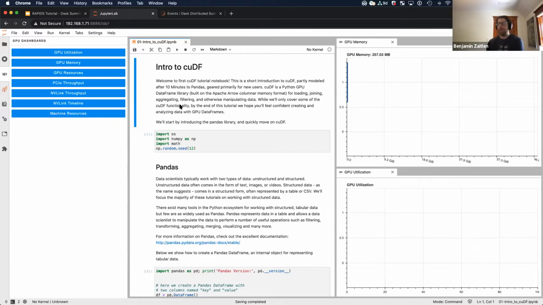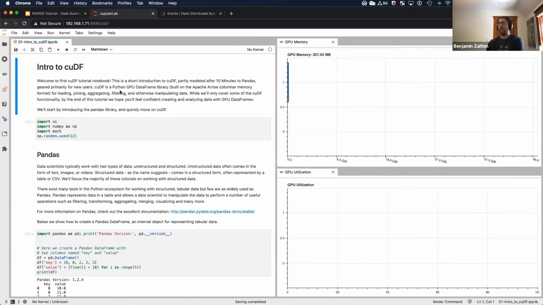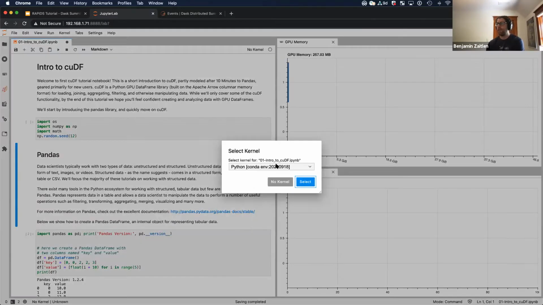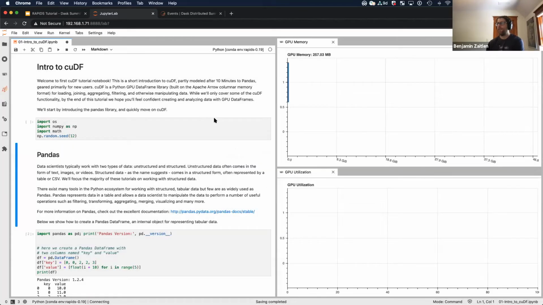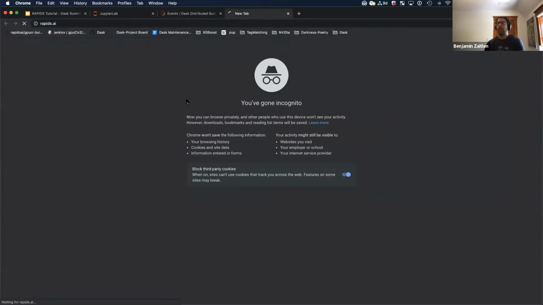This notebook is modeled after the 10 Minutes to Pandas notebook. So we're going to get a kernel. This is the Rapids 19 kernel. Actually, maybe I should just quickly show